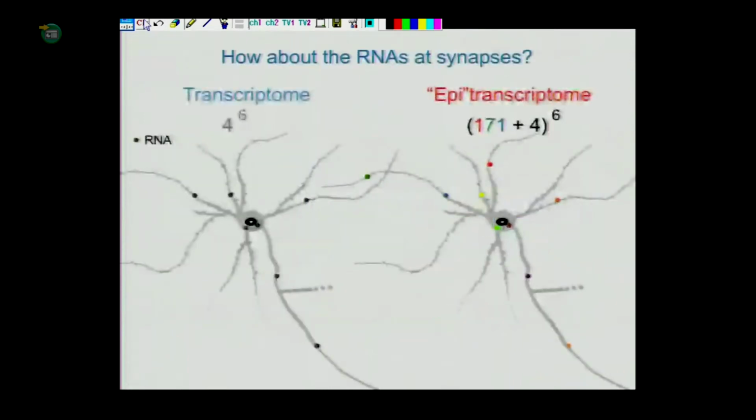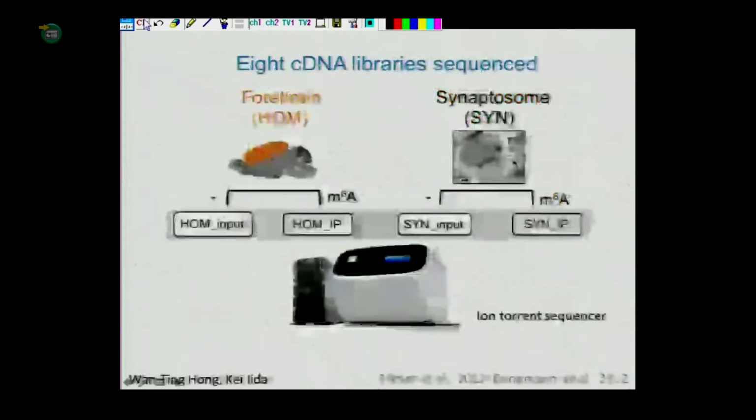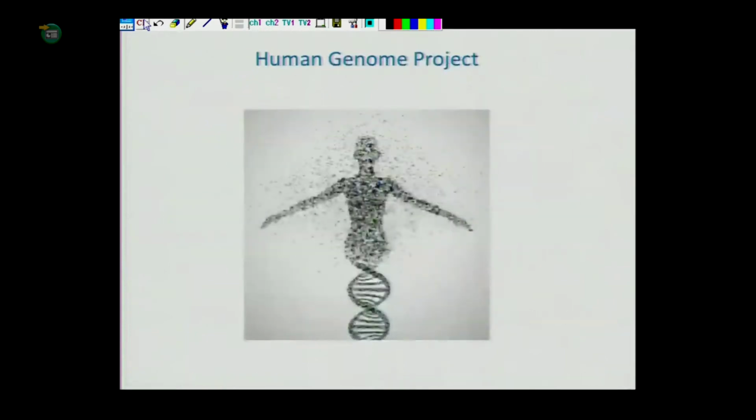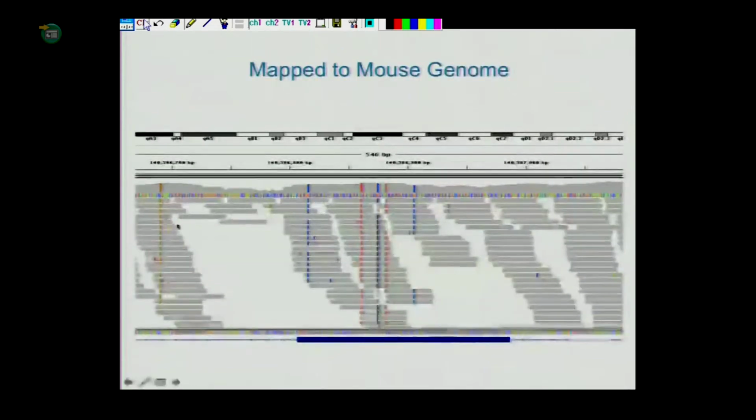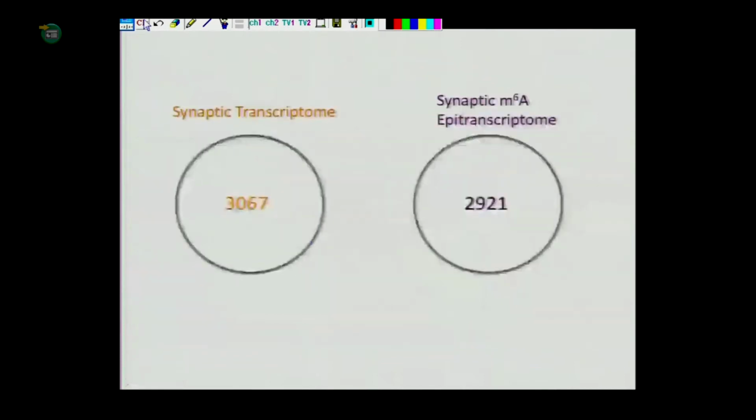And when we started to probe whether the local transcriptome is modified or not, when we started to probe the coding capacity of this local transcriptome, we used next generation sequencing techniques, which is empowered by the Human Genome Project, which was finished in 2002. What this allows us to do is to align all our reads from the sequencer back to the reference sequence of our genome. In this case, it's the mouse genome, and then we are able to actually have a definition of the synaptic